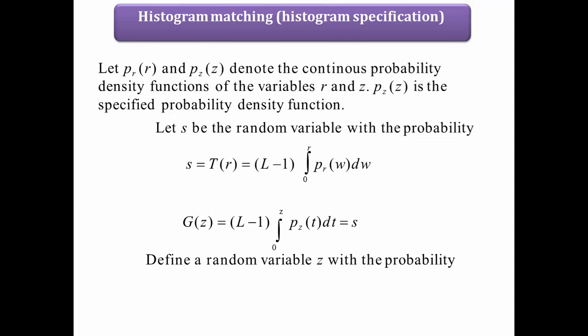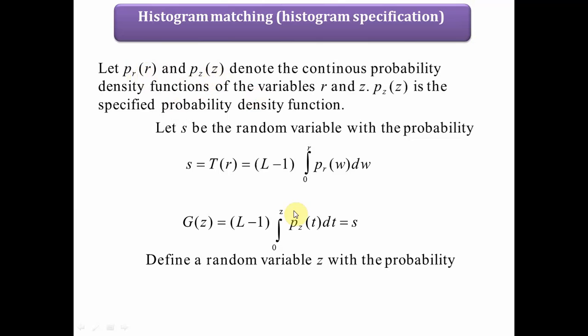For example, if we have the histogram P suffix R of R, that is a probability density function. This is the specified one. So P_R(R) and P_Z(Z) denote the continuous probability density functions of variables R and Z, and P suffix Z of Z is the specified probability density function. Means you need to match the probability density function P_R(R) with P_Z(Z). Means P_R(R) should look like